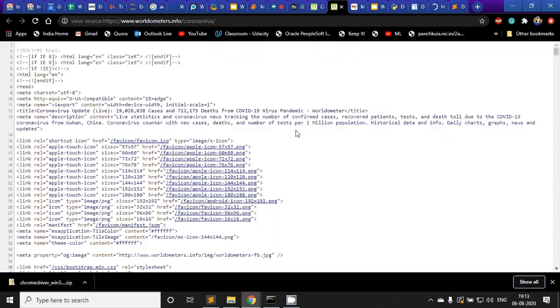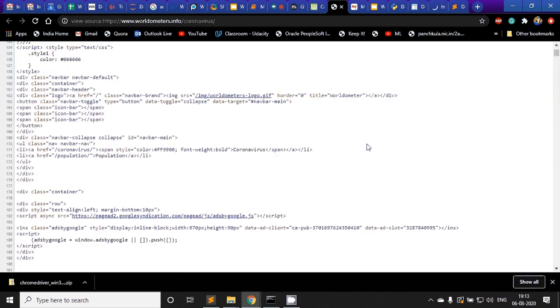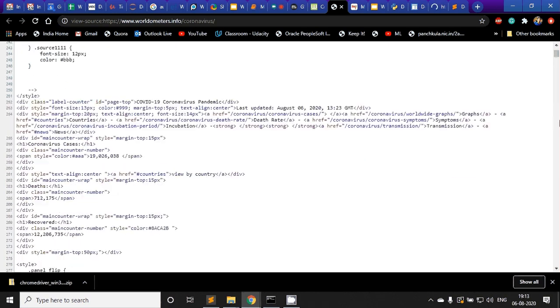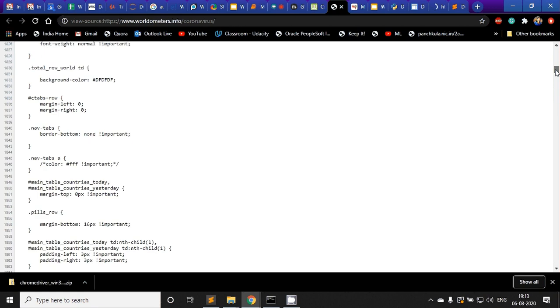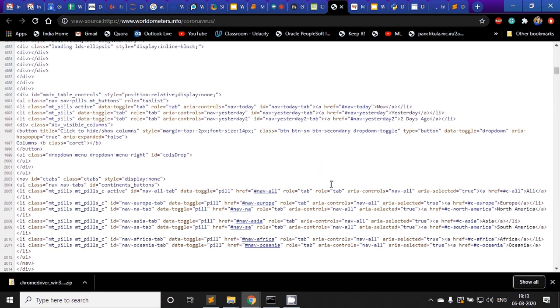Just wait for a minute. So here we can see some code. This is the first step for scraping any static data source, that we check its web page source. This is the code that reflects this design, all of this, which is present here.